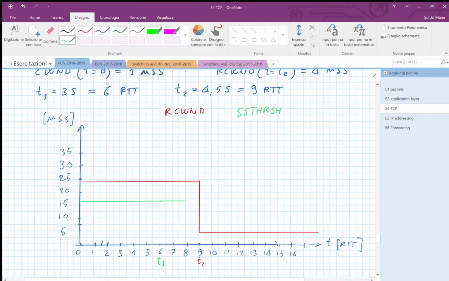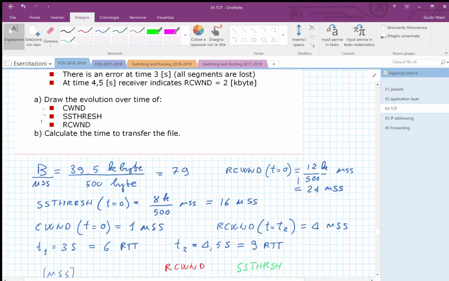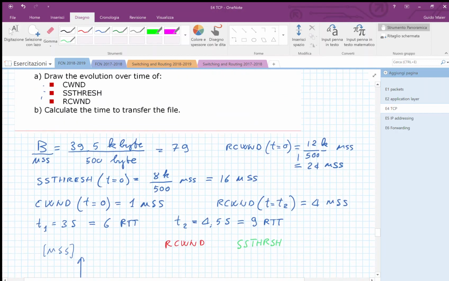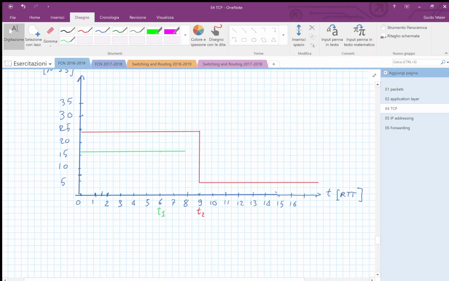So from the event of segment loss until the time when all the parameters of the TCP connection are reset, we have to wait one timeout. And we know from data that the timeout is initially set to 2 times the round trip time. Okay. So here in the graph,